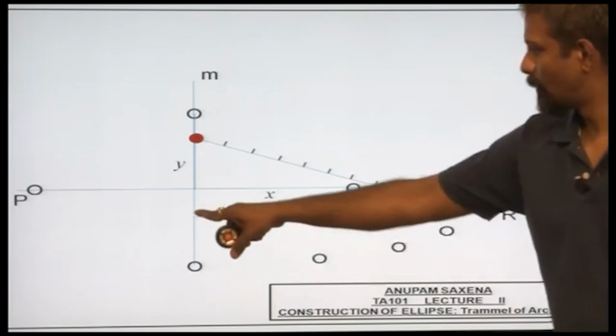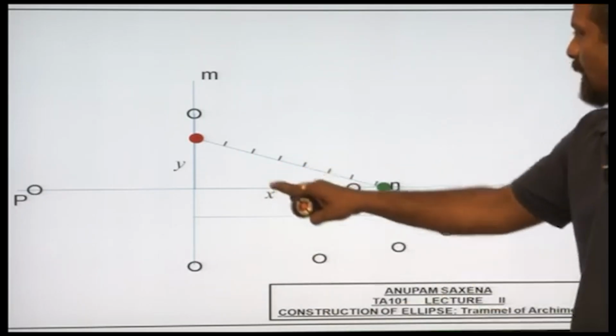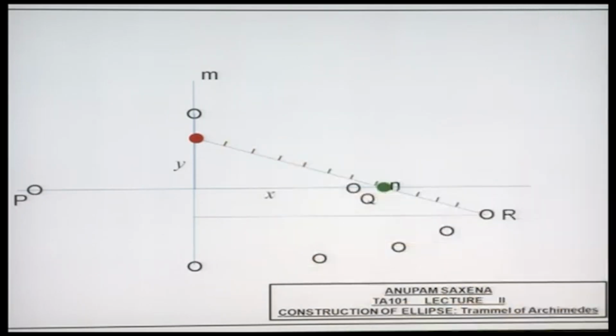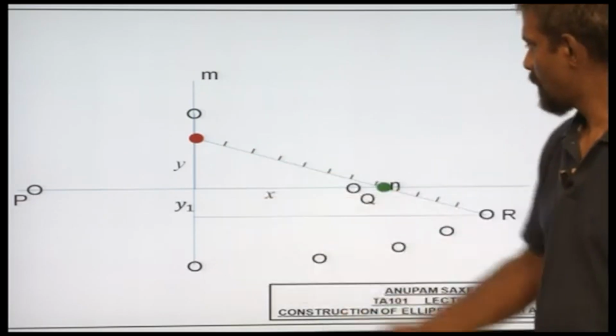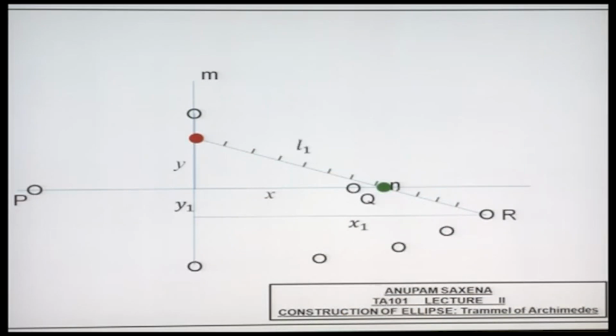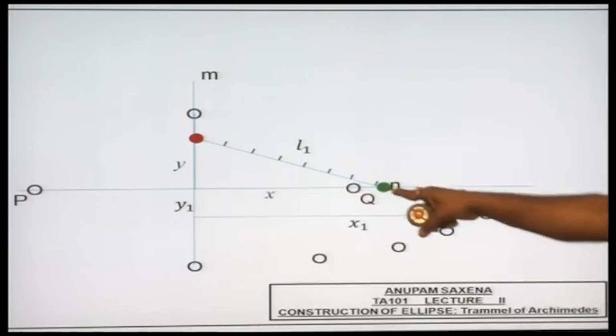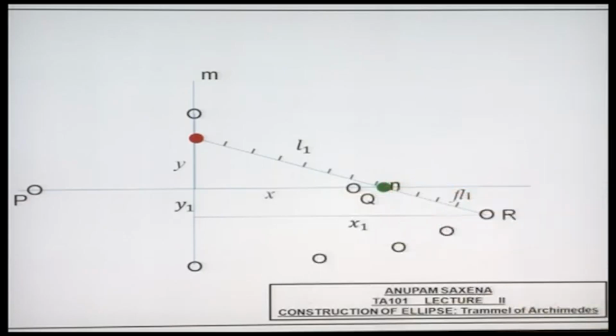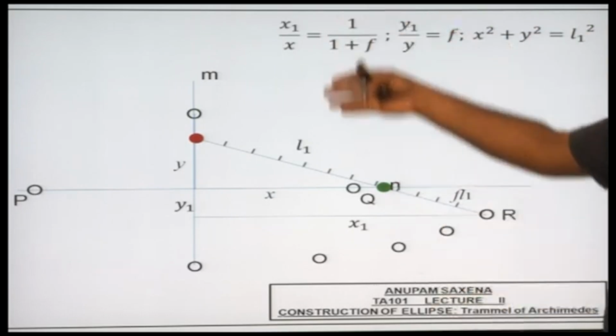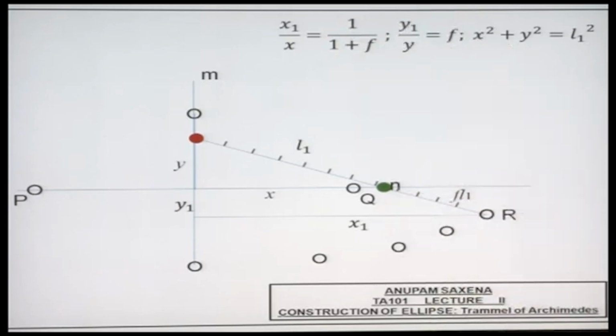Join point R with the vertical over here. So this triangle and this larger triangle, they are essentially similar triangles. Let me call this y1, let me call this x1, and let me have this length as L1 and this length as some factor f of L1. Because the triangles are similar, it should be possible for you to work out the ratio. X1 over x is the same as 1 over 1 plus f, y1 over y is the same as f,